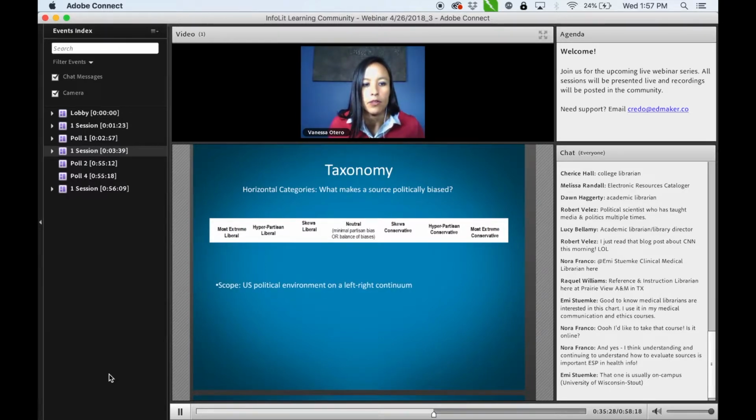All right. So the scope here is the U.S. political environment, and it's on a left to right continuum. So let's talk about those two things. The U.S. political environment. This chart has to have some limits. It's a two-dimensional